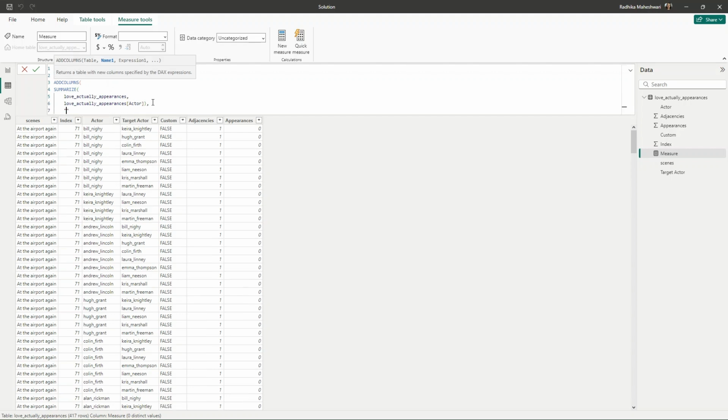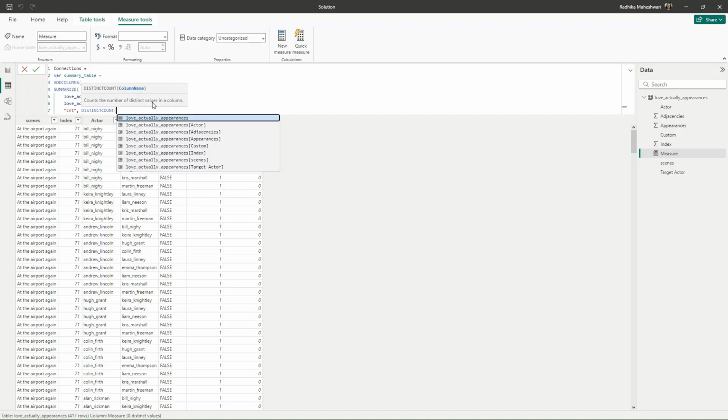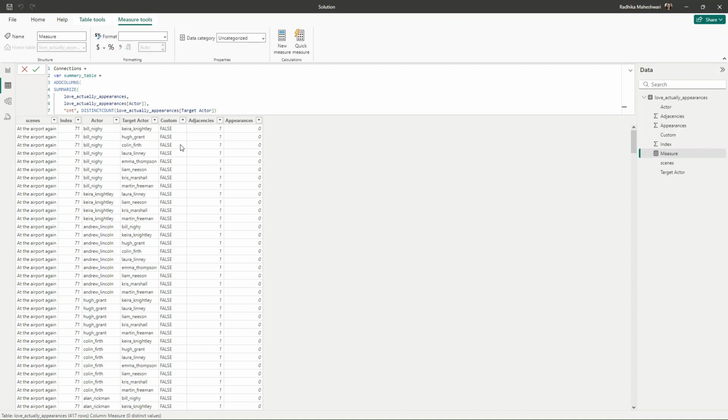And the column that we need to create, I will call this CNT for count. And what we need to do is, we need to do a distinct count of the target actor. Now, if I do it like this, distinct count of the target actor, then it will not have the row context. And to bring that row context, I will use a calculate function. So then this will get the distinct number of actors in target actor column for each actor.